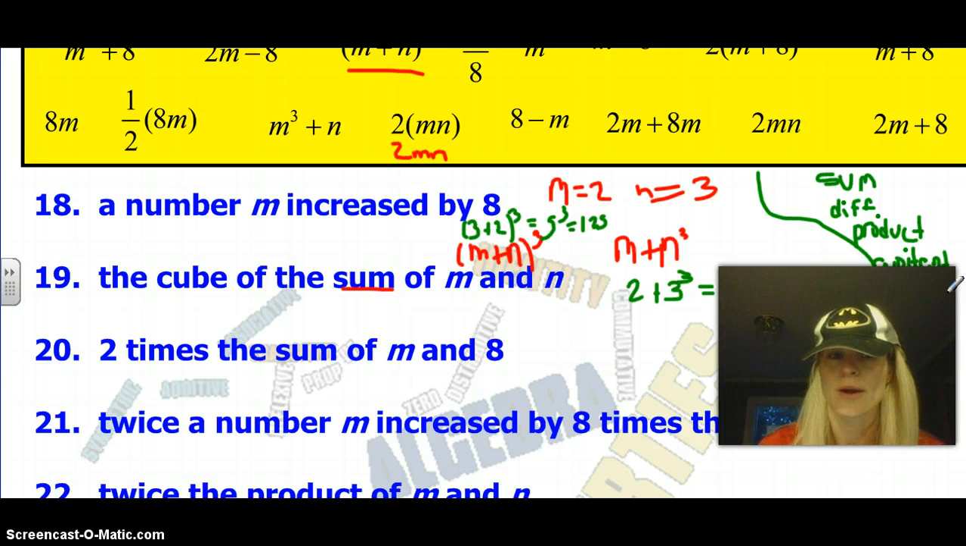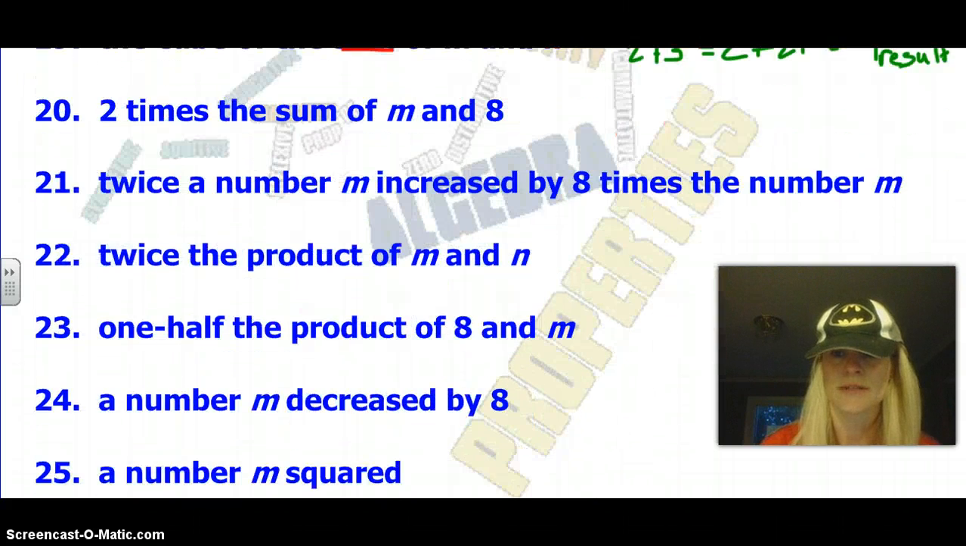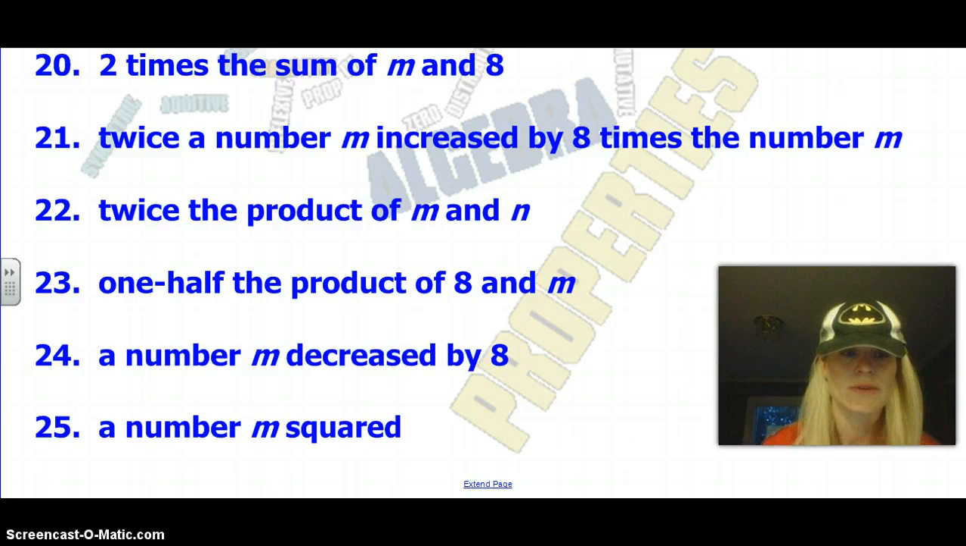So those are the key things we really want to look for. We want to look for solution vocabulary, and that solution vocabulary is going to tell me that I need a parenthesis. So what I would like for you to do for the rest of tonight is pause the video